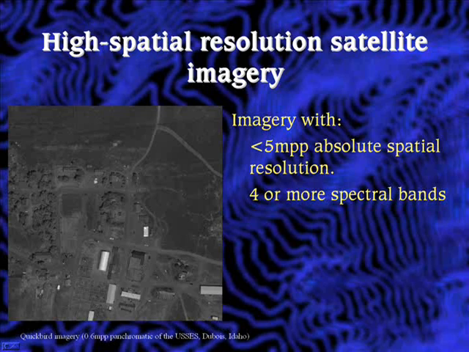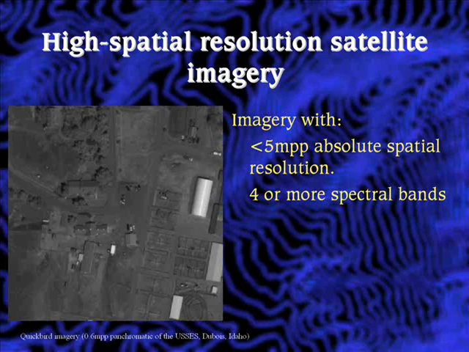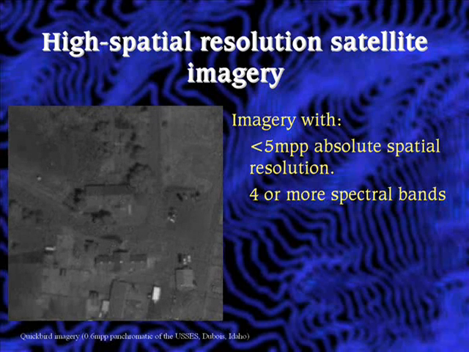You can see we're zoomed out. For those of you who have visited the sheep station before, the U.S. Sheep Experiment Station up toward Dubois, you'll probably recognize some of these buildings right over here. As we zoom in with this QuickBird imagery, this is the panchromatic imagery, which is sub-meter, 0.6 meters per pixel. We're zooming right in there on their